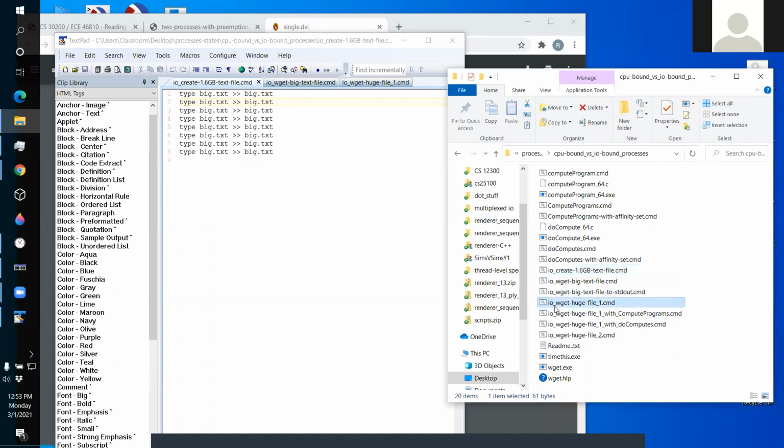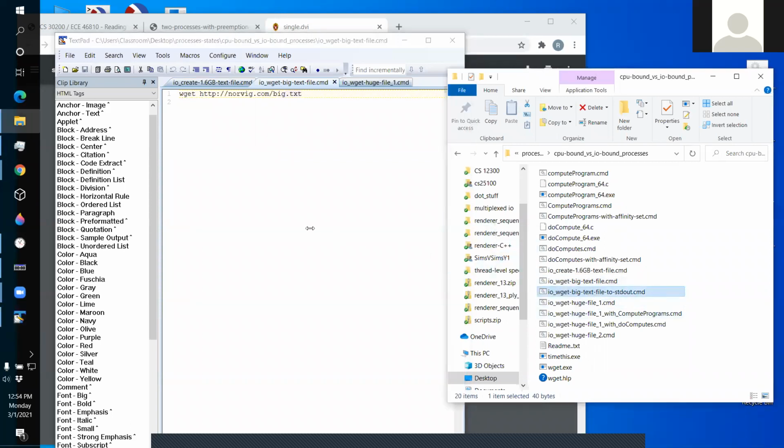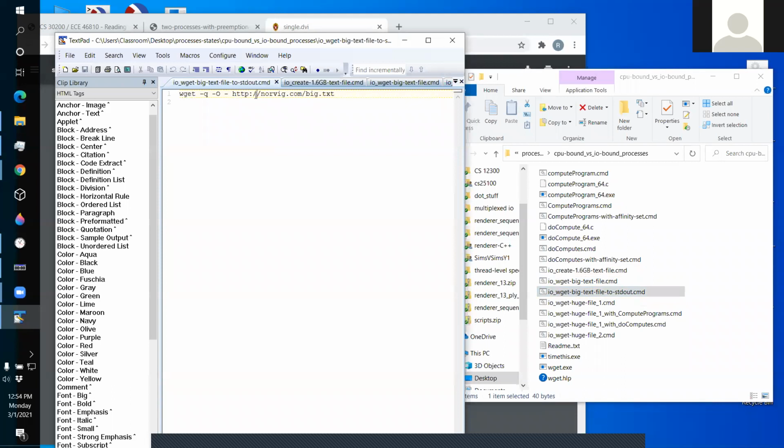This one downloads off of the internet. So that's using either your Ethernet connection or your Wi-Fi connection. And then this one downloads, oh, not that one. This one downloads that text file, the big text file, but it uses wget to download it. But instead of saving it to your hard drive, it prints it to your console window. So if you run this,